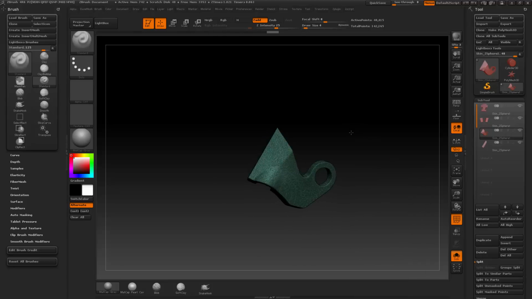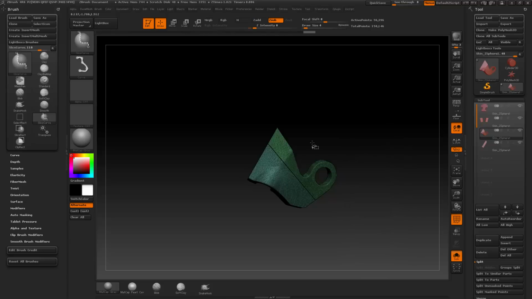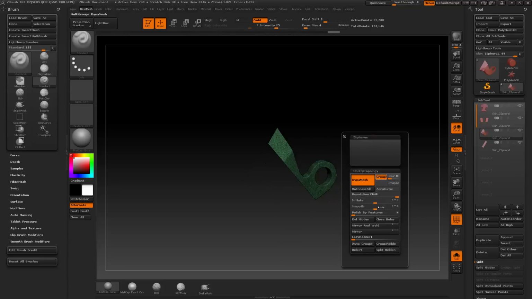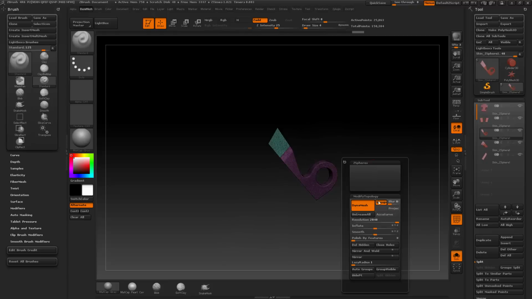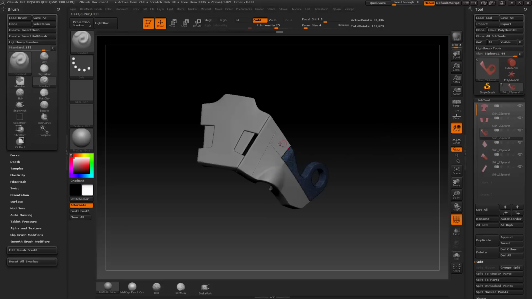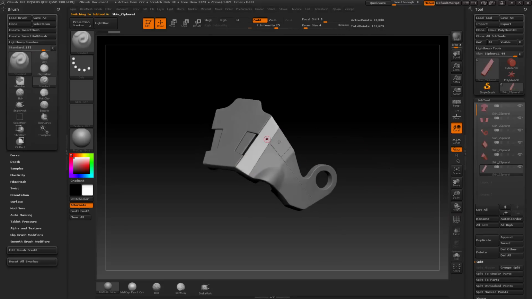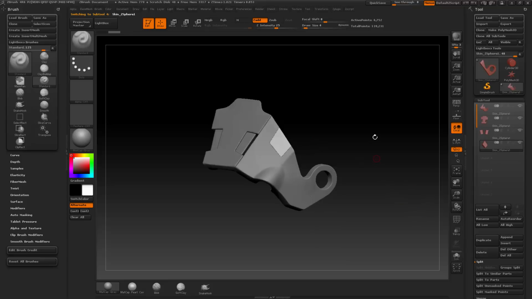Now I want to hit Control W, slice here, I turn on groups, Control Shift A, split hidden, Control W, slice here, groups turned on, Control Shift A, turn off groups just for the hell of it, split hidden, Control W. So now I've got this one, Control W, Control W, Control W just to play it safe. I want to take this one, shoot it to the top, this one, shoot it to the top, this one, shoot it to the top, Control E, groups is off, Dynamesh,